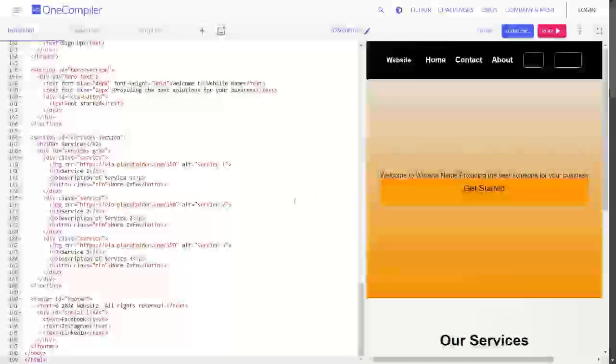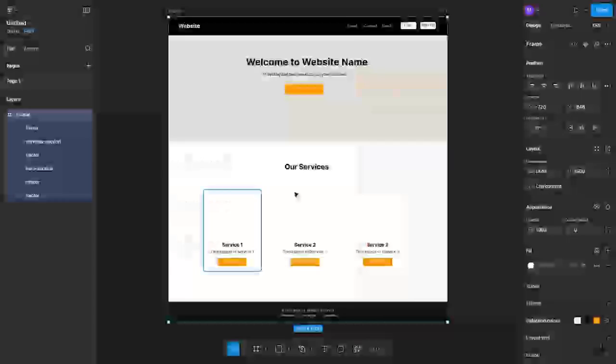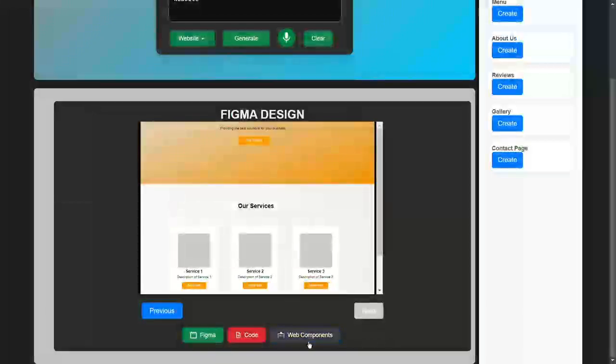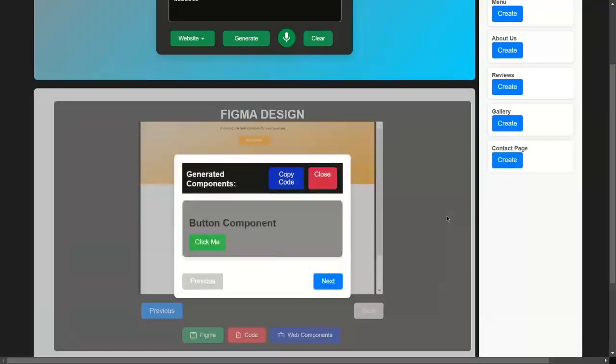Next, move on to the web components. By clicking the web components button, the user will generate all the necessary web components for the restaurant website. It will create the React web component. By clicking the copy code button, the user copies the